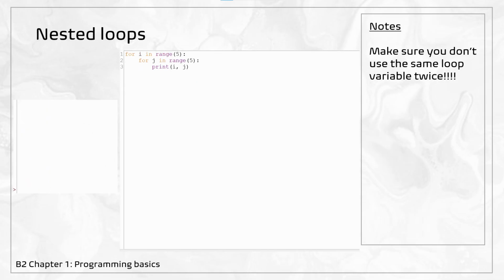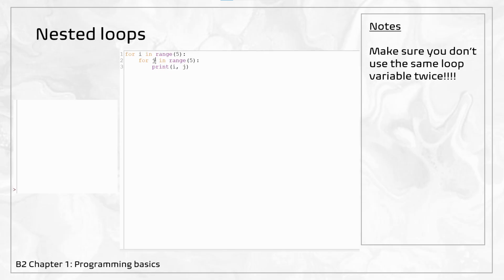You can also write a loop inside of a loop. This is called nested loops. What happens is that let's say the outer for loop is on its first iteration, so I is equal to 0. Then this inner loop is repeated fully, so j goes from 0 to 4. Then I is incremented and j starts over from 0 and goes to 4 again. And I is incremented and then j repeats again, and so on. Make sure to set the loop variable as something other than I for the inner for loop, and the most